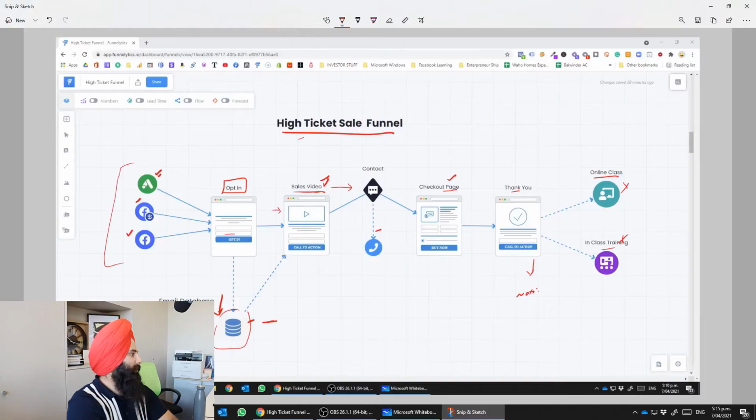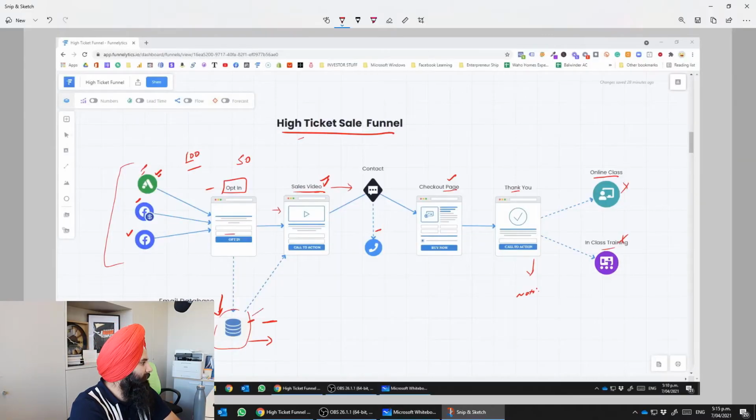I consider anything above $200 a high ticket, where you need to build a belief pattern with your visitors or clients. So guys, overall, if 100 people come from your traffic source onto your opt-in page, and 50% give you their email, it means you got 50 emails.